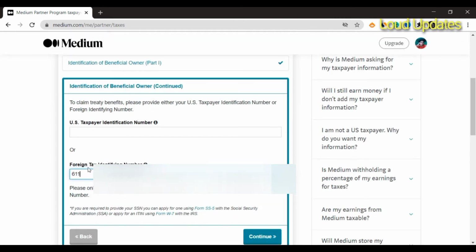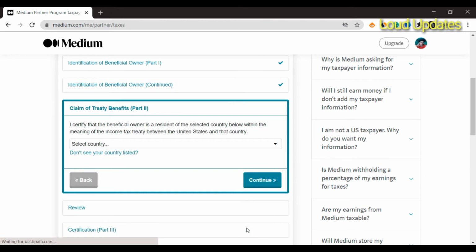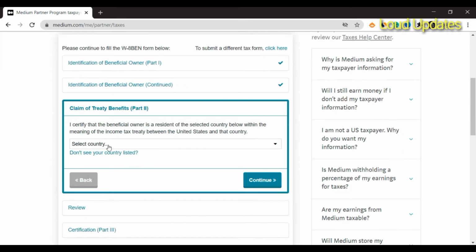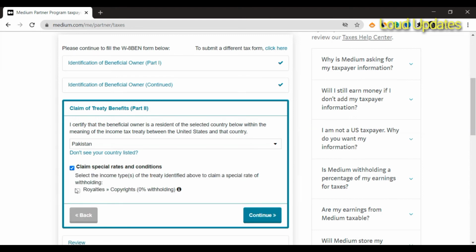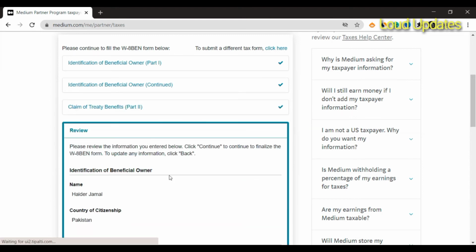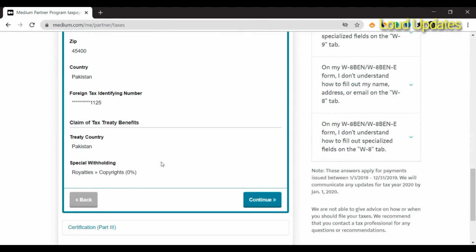I am foreign, so I am adding my national ID card number. Enter your national ID card number, then select your country, Pakistan. I am from Pakistan. Claim special rate and conditions, royalty, copyrights, review your details and click on continue to submit.